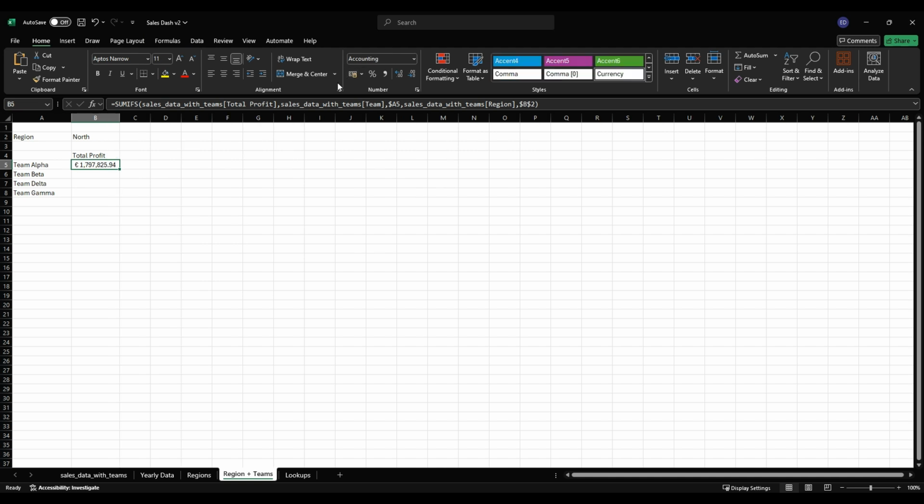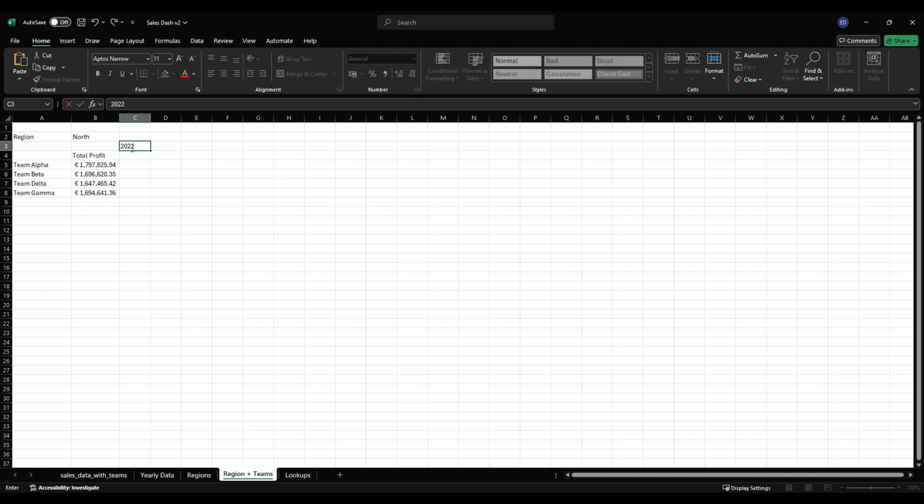Let's make that a nice formatting, and we can put it down below. So in the north, Team Alpha, Team Beta, Team Delta, Team Gamma has created this. We can see straight away that Team Alpha is making the most profit, but it's not so far away from each other. Let's do 2022 and 2023 again, and let's make the profit